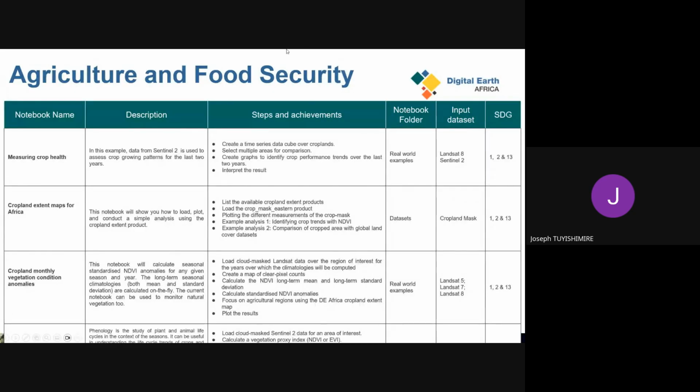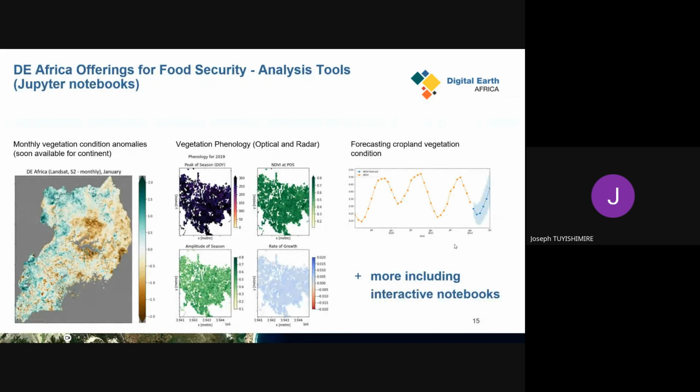Each tool is well documented: a short description, steps to run the analysis, the location in a folder, input data, and related SDG. This is very structured in the sandbox, and now we know we can locate each notebook we'll be using today.